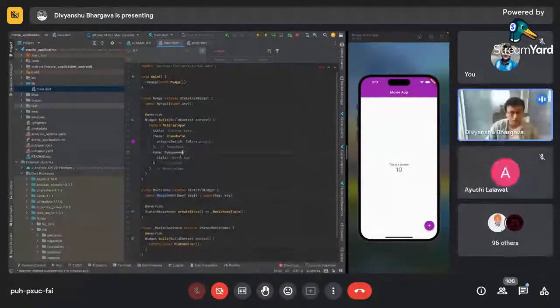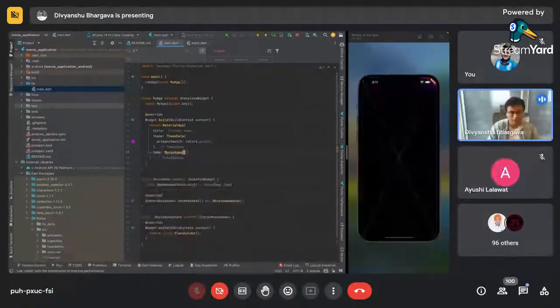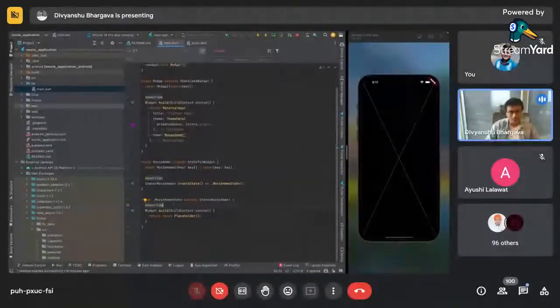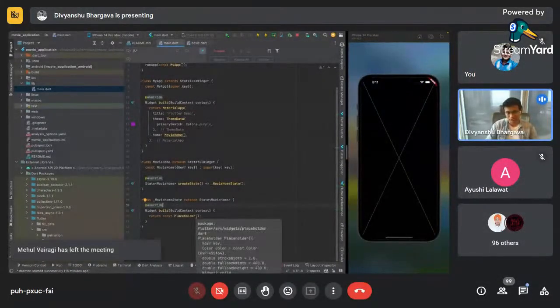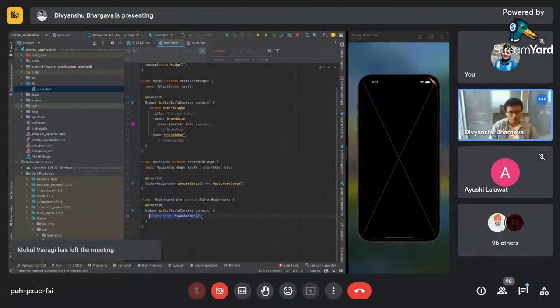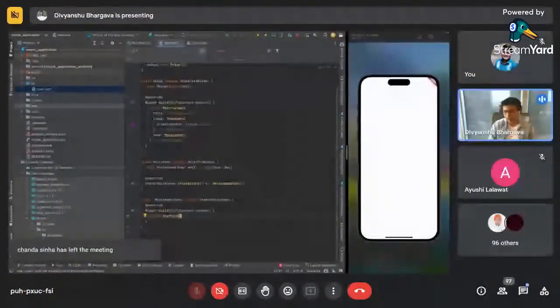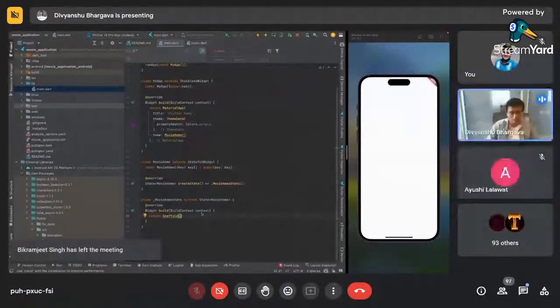And here we can just replace movie home. It doesn't take any title. And you can see by default, it returns a placeholder widget, which is just a placeholder. What we can do is return it with scaffold. So when you put scaffold, it is a material widget, so it gives you the default white color